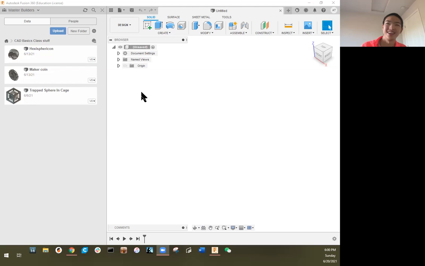And then I'm going to show you how to export CAD designs from Fusion 360 and also a quick bit about slicing your CAD design at the end. So for the CAD, we're just going to make a Rubik's Cube. And so for the Rubik's Cube,